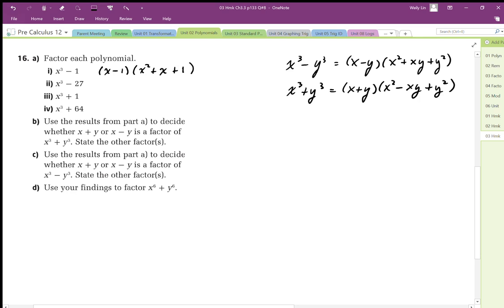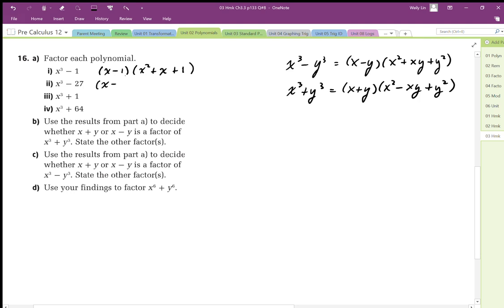And if you expand that out, you'll be able to get back to the x cubed minus 1. And this quadratic here is not factorable. Okay, so that's as far as we can go. And so we can actually just use this formula. Now this is a very useful formula to know, and both of these are useful formulas to know. But if you forget them, you can always break this down using factor properties and